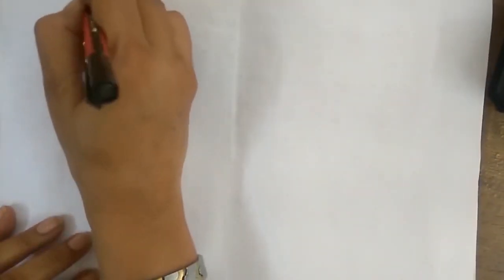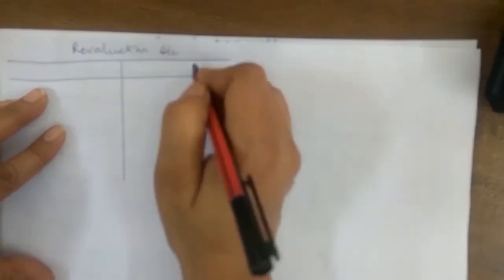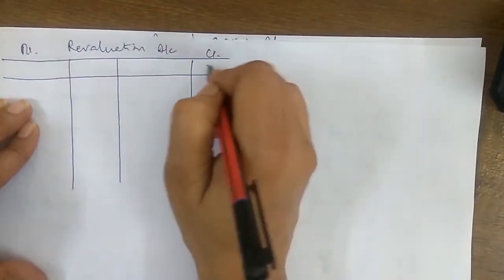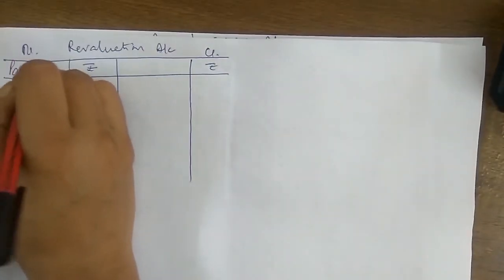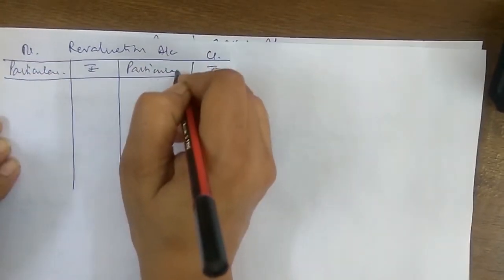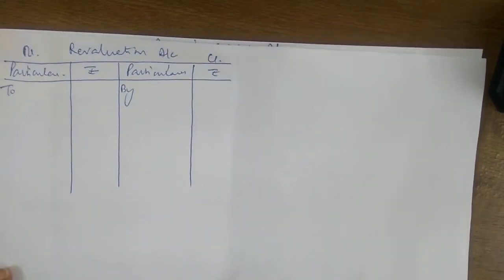Revaluation account. We need to draw the format up to that length which is required. बहुत ज़्यादा बड़े बड़े बनाने की जरूरत नहीं बच्चे, आप स्टेटमेंट पढ़ के आइडिया लगा सकते हैं कि कितना बड़ा आपको फॉर्मेट बनाना है, अकाउंट बनाना है. Clear? Now we will see keyword items we have given to put in revaluation account.